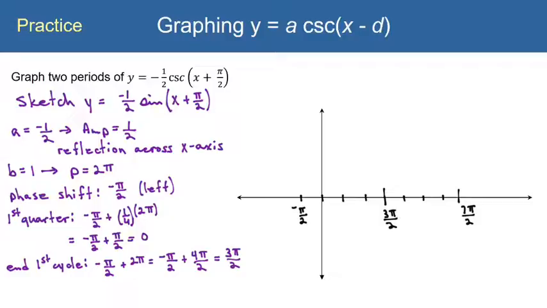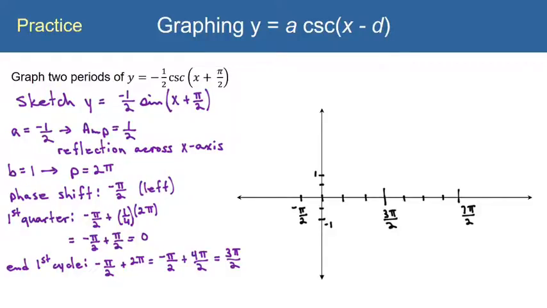Now our y-axis, we know amplitude is 1/2, so we need the 1 mark, and 1/2 would go halfway between the x-axis and the 1. So there's 1/2, and there's negative 1/2. Now for the pattern, remember that this is sine, so it's middle, high, middle, low, middle,